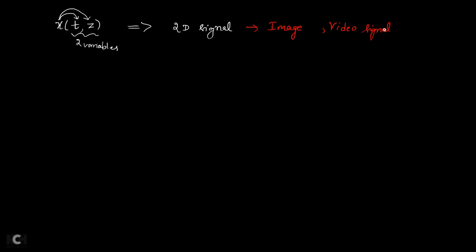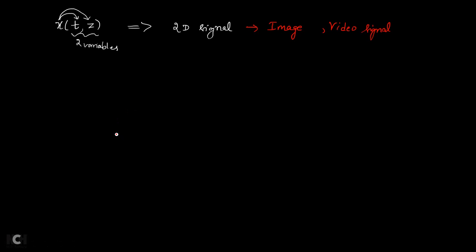An image signal, whatever you capture in a phone or digital camera, or a video signal, are both examples of two-dimensional signals. Because in an image, each color or brightness depends on which row it is present in and which column it is present in. So in an image, the brightness or intensity depends on row and column. So row and column are the two variables on which the image signal depends. That is why it is an example of a two-dimensional signal. A signal which depends on two variables is called a two-dimensional signal.